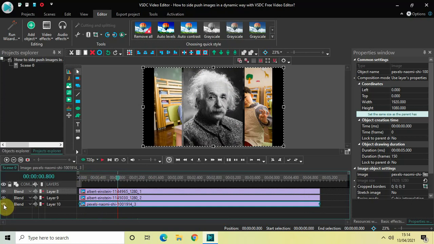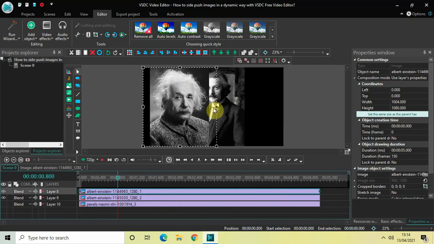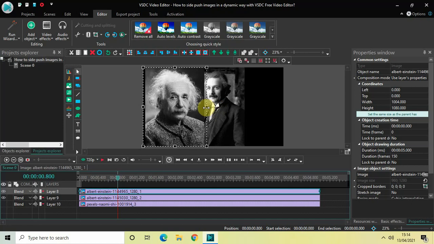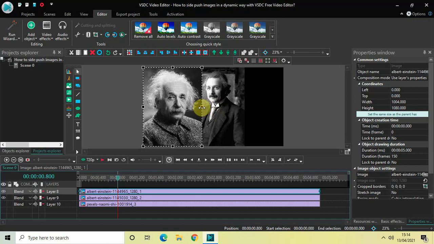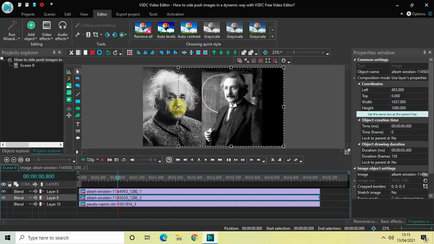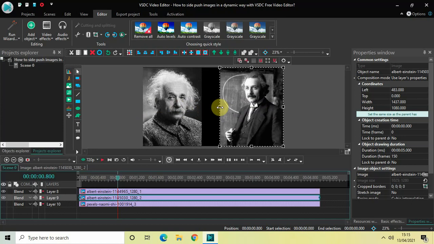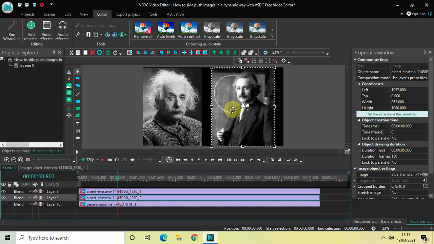So click on this eye button right here. Perfect. And now we will adjust the size of our images properly. So let me just adjust the size of both my Albert Einstein images like this, and let me just place them somewhere around the center.